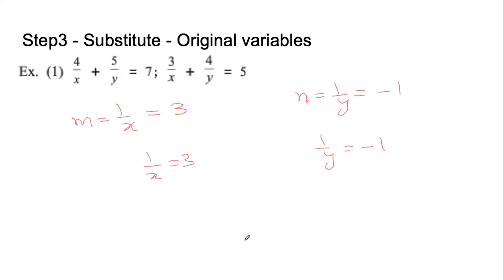Again, another easy step, substitution. So what did we do? We started from x and y, we went to m and n, we solved for m and n, and now we are going back to x and y. The original equations were looking so difficult, but now look at the new equations. So simple. 1 by x equals 3, 1 by y equals minus 1. This is what we have achieved by substitution, solving, and substituting again.